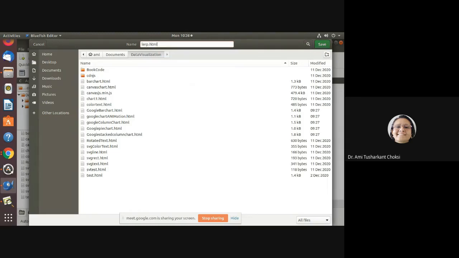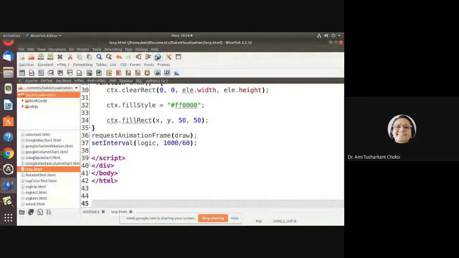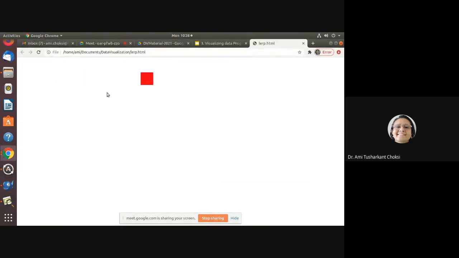Okay. Let us see that in the browser. See, you can see that it is interpolating, right? From the start end to end, and we are passing the object, that is our rectangle, which is filled rectangle, right? So that we are moving from one place to other. Animation, through the animation we are able to see that, right?